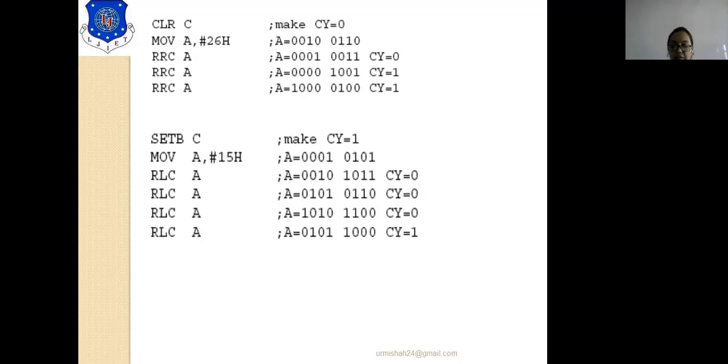Up till now, we have seen the arithmetic instructions and logical instructions. Do revise all these instructions, as a number of MCQs or objective questions can be asked from this portion in the exam. So be prepared for all these instructions. You should know the working of all the instructions, how each is going to work and what will be the final result in the accumulator once a specific instruction is executed. Thank you.